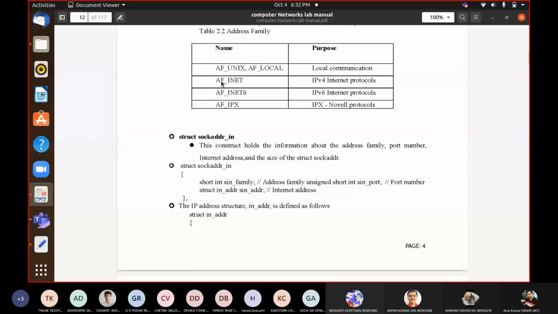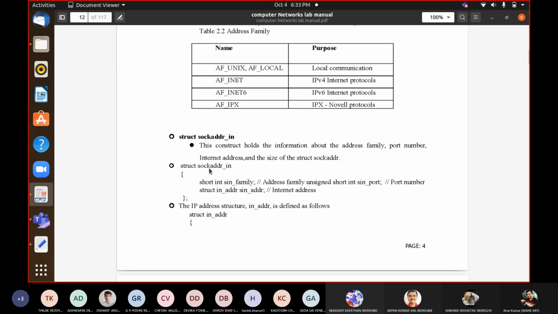AF stands for address family and INET is for internet. If you are using IP version 6, then it is AF_INET6. If you are using other protocols, then AF_IPX, Novell protocols. We are interested only in IP version 4, so you just have to remember AF_INET, address family internet.